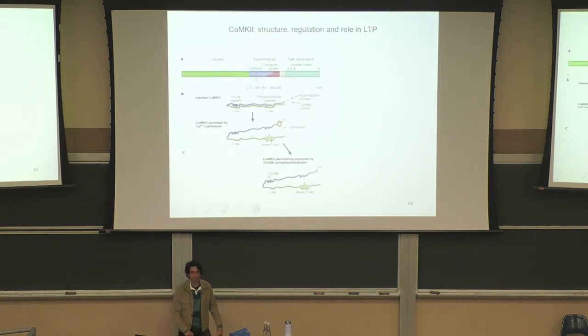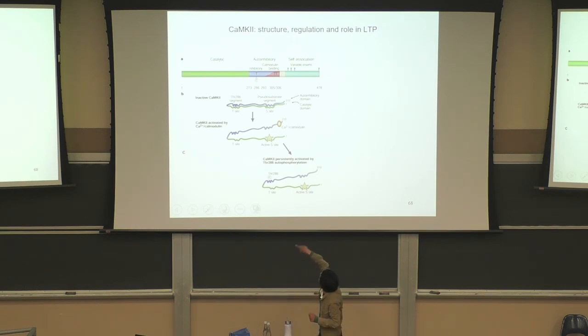So now let's look a little more in detail at the actual proteins that create this strengthening of the synapse. The most important protein after the NMDA receptor that we'll talk about is CAM kinase 2. It looks kind of like a little hair clip, like it bends like this. When it's in this conformation, it's inactive, and when it opens like this, it becomes active. And it opens when you get this calcium influx through the NMDA receptor.